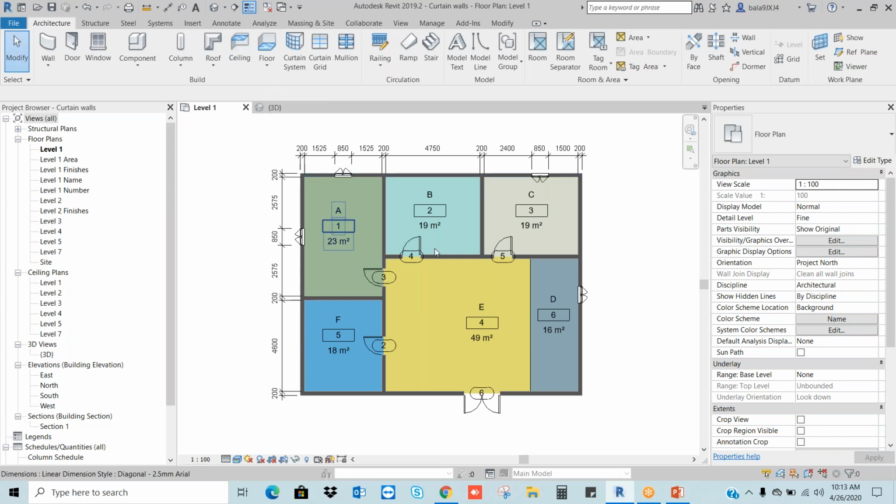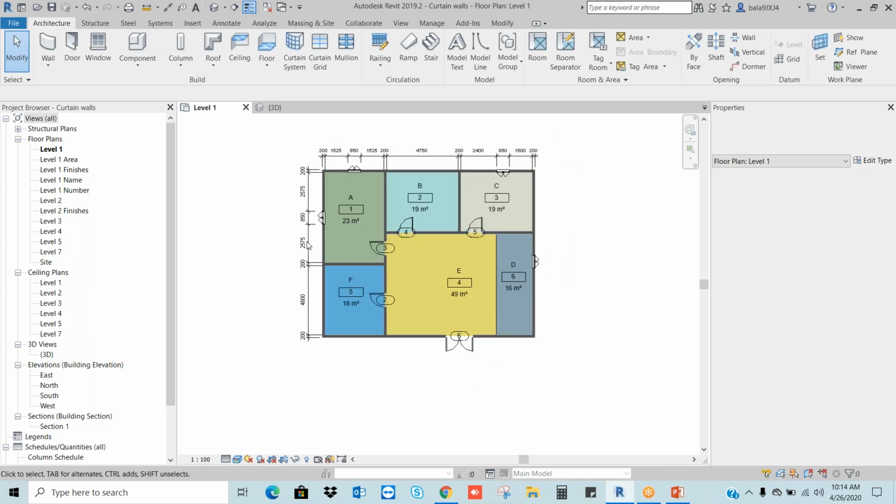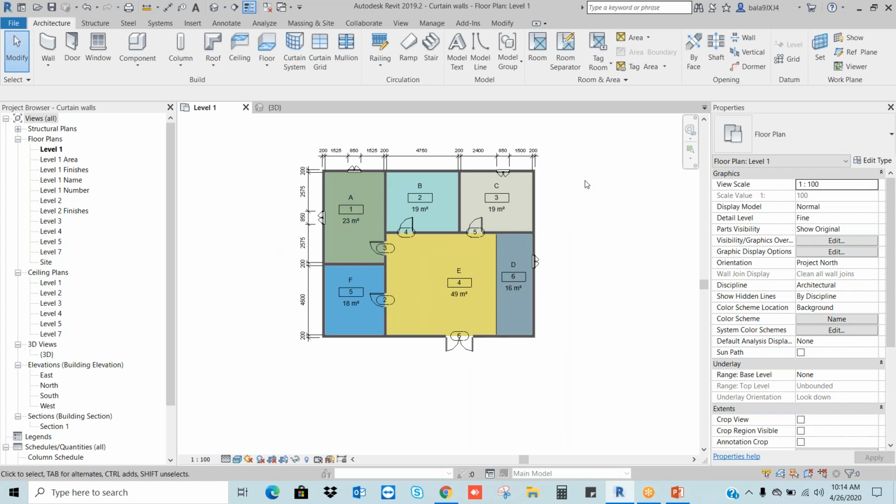Now see, here we placed the walls, doors, windows and dimensions and all. And I want to present this drawing to the client with the proper company or consultant logo and in proper format, like what we will do in the layouts in AutoCAD. Title blocking, placing the title block information, placing the floor plan, placing the section, placing the details and all.